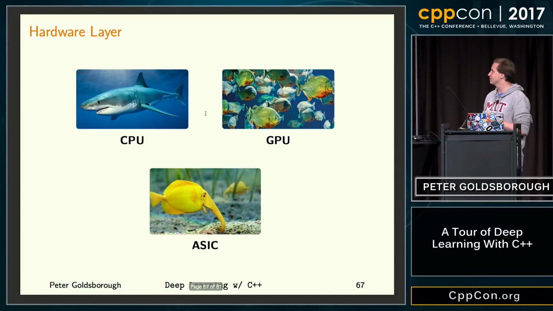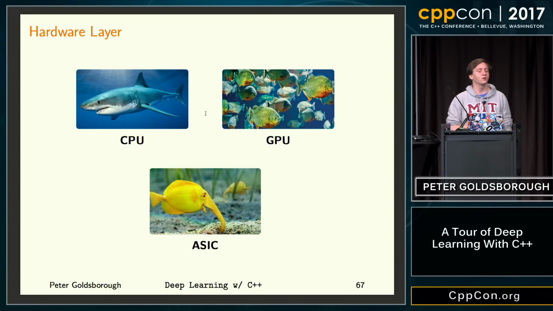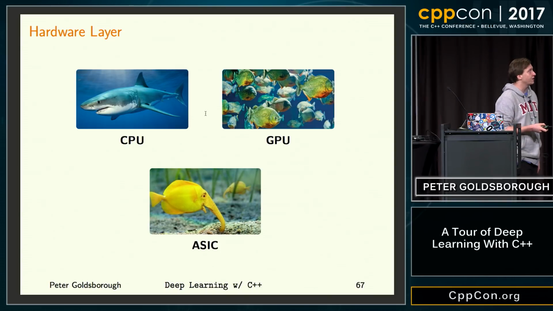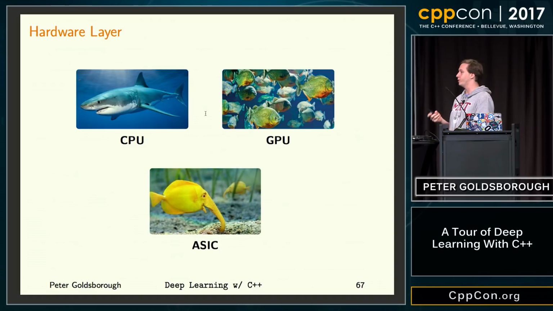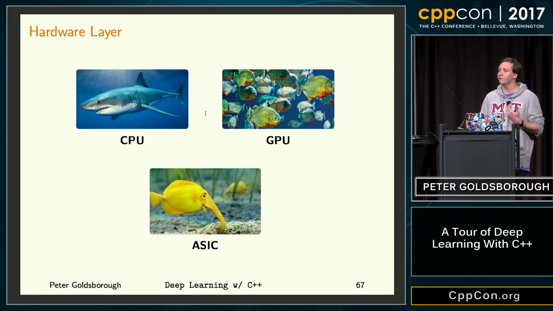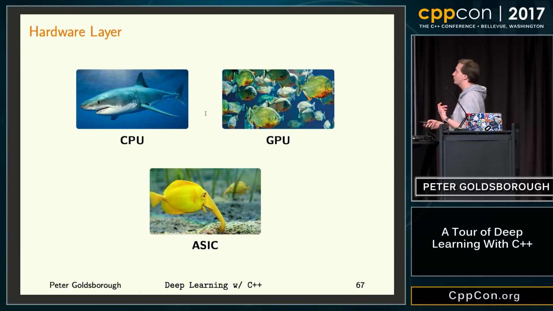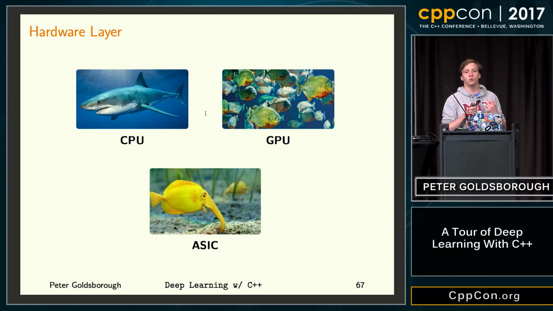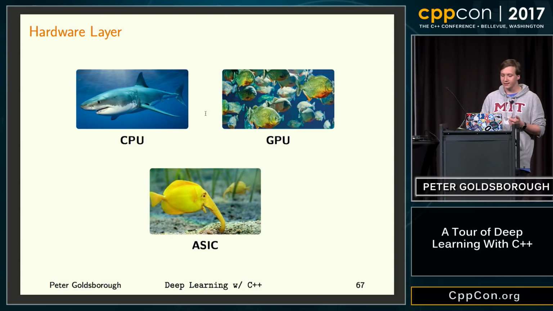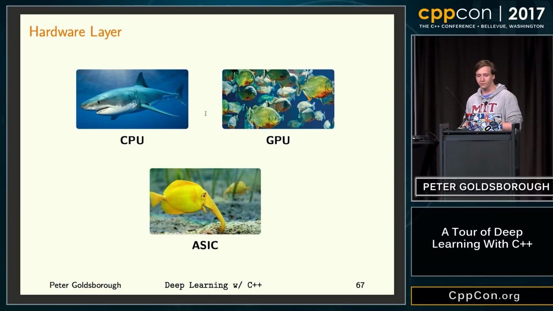And the last kind of processor are ASICs, which are weird. The thing about ASICs, or application-specific integrated circuits, is that they're really good at one thing usually. And that thing is, for machine learning, often matrix multiplication. They're not very general. They can't do everything like a CPU, or they're even less general than a single GPU core. But they're really, really good at the one thing that they do. And I'll give an example of them in a bit.